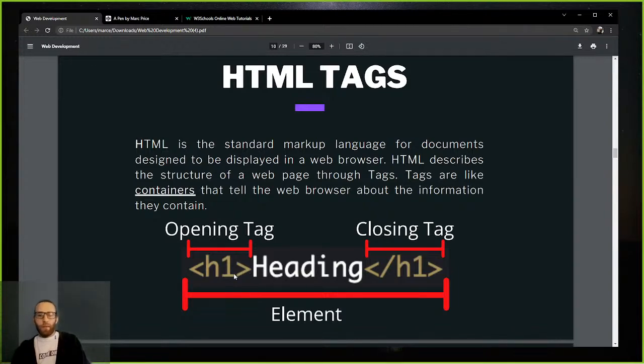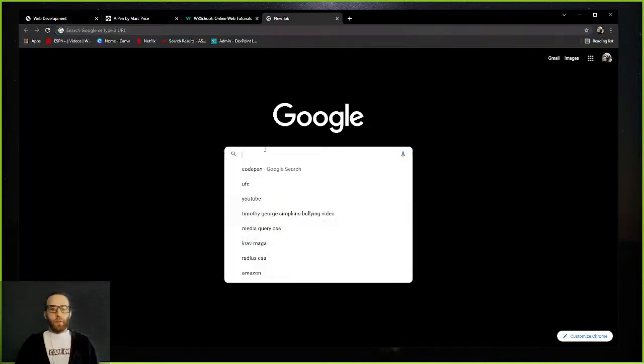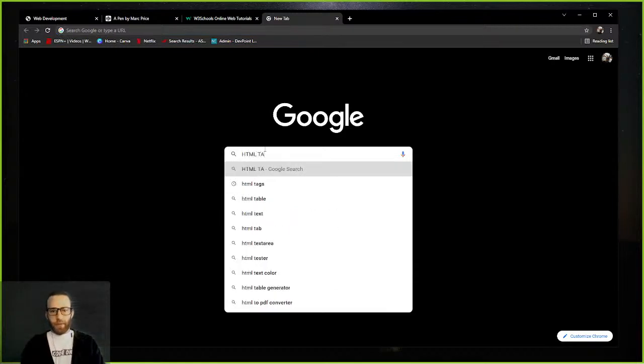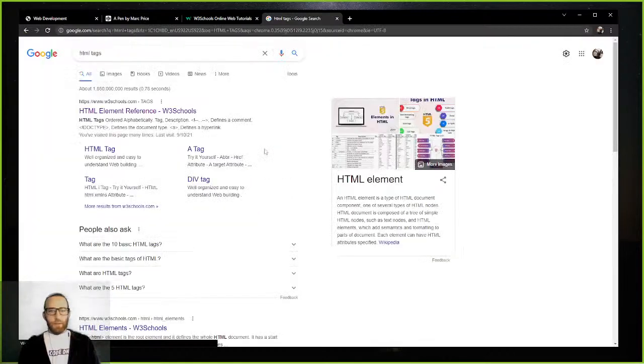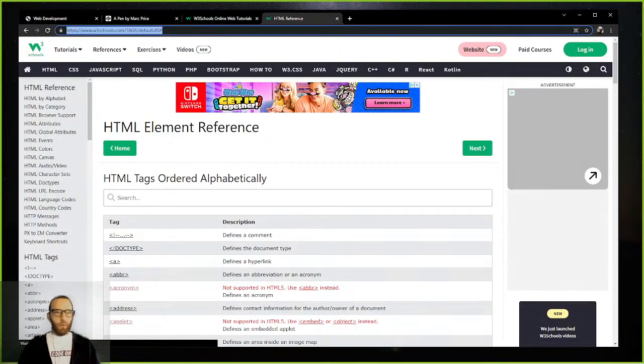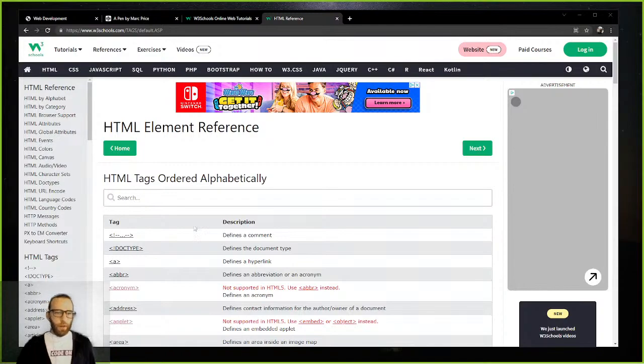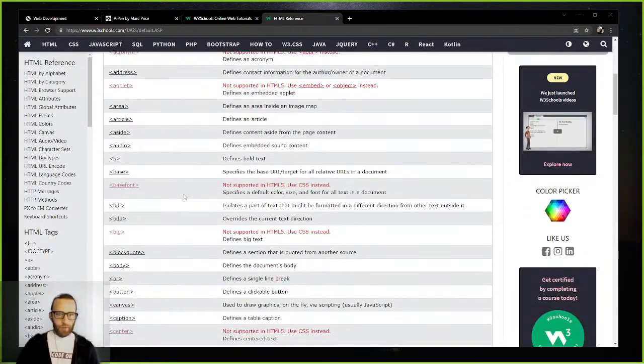And if you're wondering how do I know what tags to use, W3 Schools, like I said, is a great one. If you just Google search HTML tags, W3 Schools will pop up because I use that a lot. You can click on that. I'll send this link out through Zoom, also in YouTube. And you can see here all the tags that you can use to structure your web page